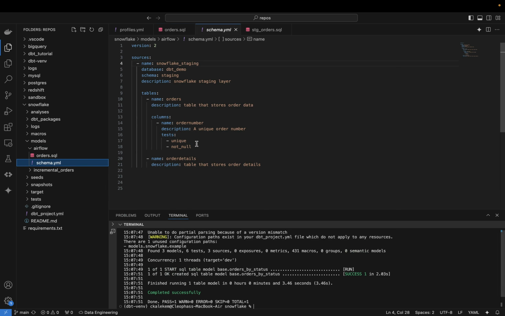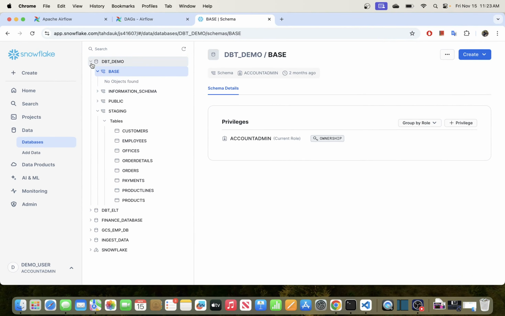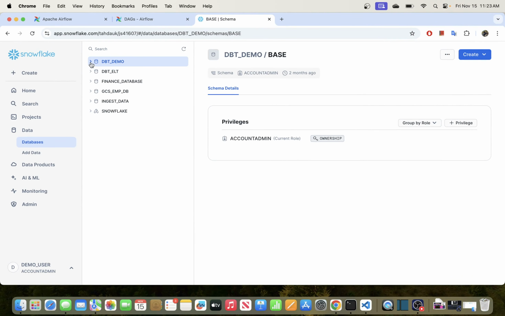Okay, so this schema YAML is just a basic configuration for me to connect to Snowflake. It is getting my source data from Snowflake staging, and the schema that I'm getting the data from is this one, staging schema, and the database is DBT demo. So if I go back here to my Snowflake data warehouse, you can see that this is the database that we are using, this DBT demo, and I'm getting the data from